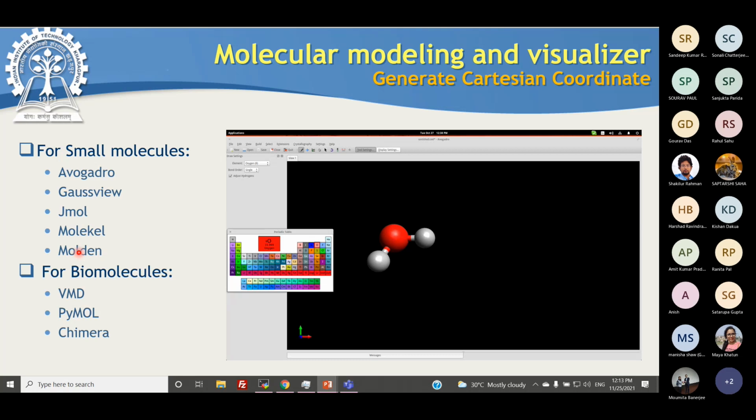Okay. But if you want to do some bigger calculation for large biomolecules, that is, QM/MM type calculation, you cannot draw with this type of molecular modeling software. For that case, you have to use VMD, PyMol or Chimera, that type of package. You can generate and model different types of coordinates from that specific software. And once you have the coordinates, you can paste them at the respective location, and at the end you have to give a blank line.